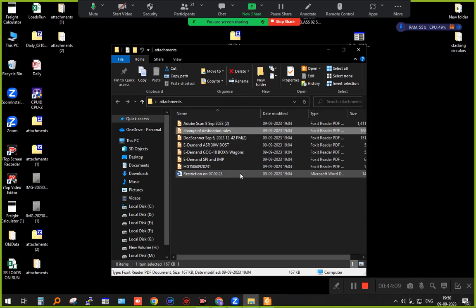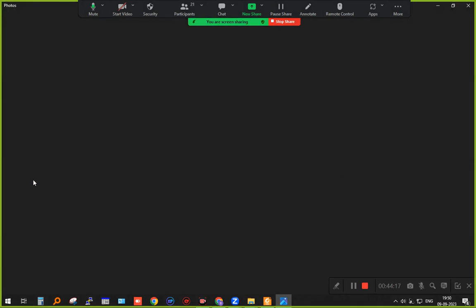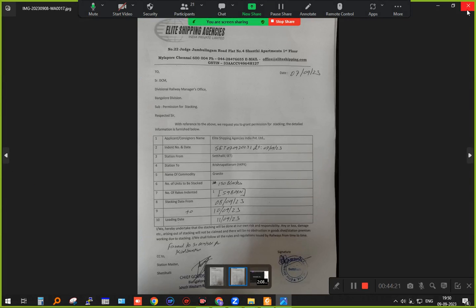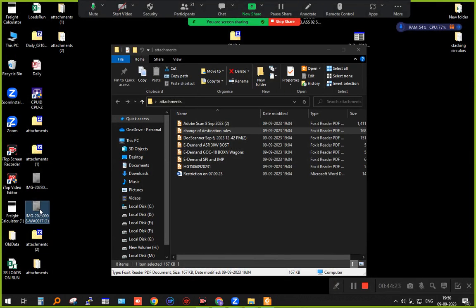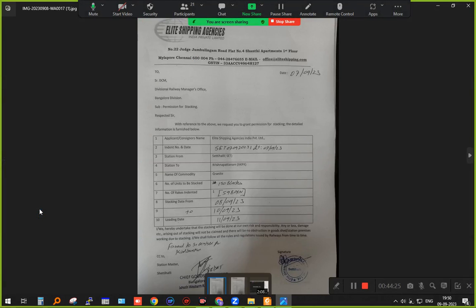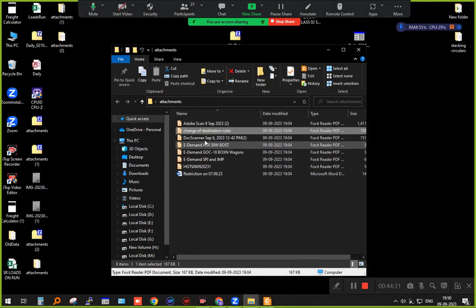Okay, shall we see one change of demand? How a party is requesting for change of destination. Shall we see that? Yes sir. Now this is stacking. Now this also is stacking. Okay, now there was a change of